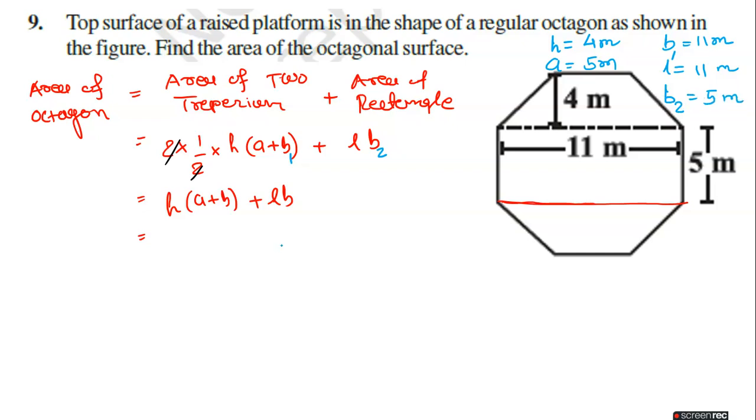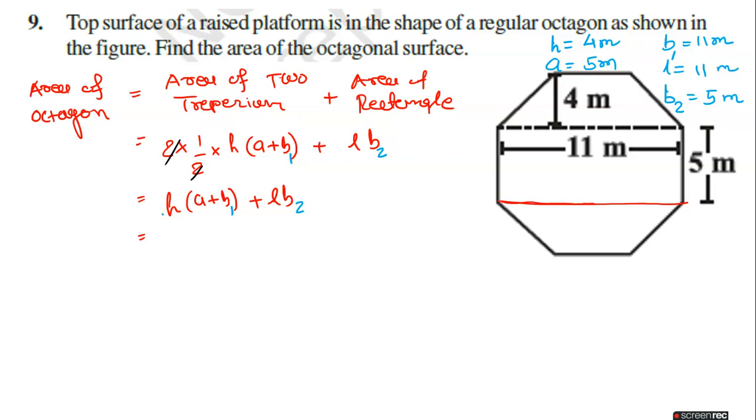Just substitute the value and get the answer, so easy. Then h is equal to, here also we should write b1 and b2, otherwise somebody from your side will ask, sir, here b is common, why haven't you taken it common? But it's not common because both are different, b1 and b2. Yes or no, agree?